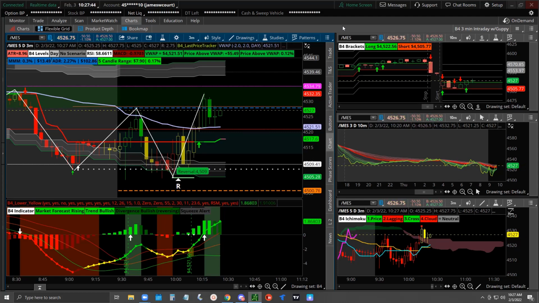So this is a pullback also. You could say one pullback, a quick pullback, and a third leg. So what does this make? A wedge. They're trying to sell the wedge failure, but they're failing. So now this could go up further, or get a double top, then get rejection and come down. But I'm not trading the 2-minute chart.